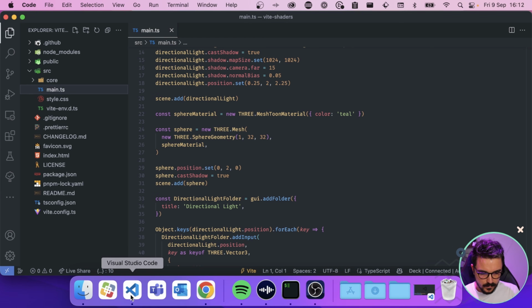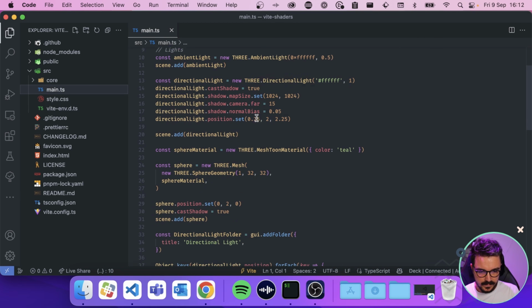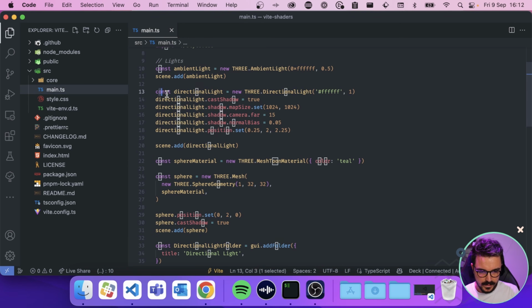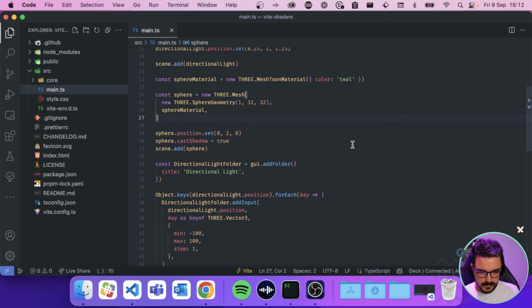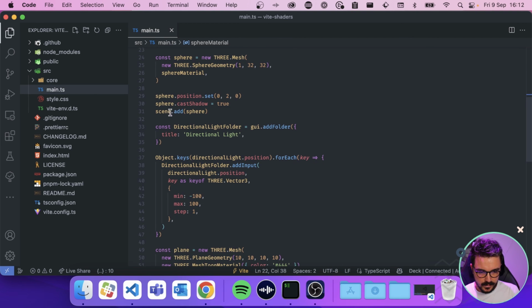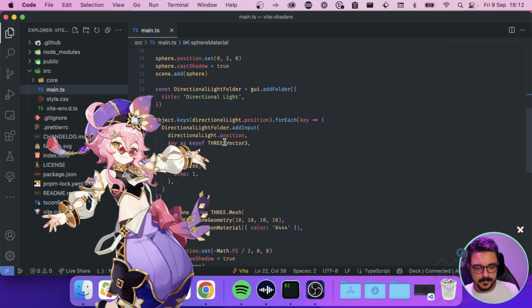Okay, if we take a look at the code, we have a main TS here that contains all of our 3GS instances and classes. So we create the ambient light, a directional light like this, then the sphere material, which is a mesh toon, as I said, and we put on our stuff like the cast shadows to be able to see the shadows, which are especially nice when you're using the toon materials because it looks a little bit like Genshin Impact.